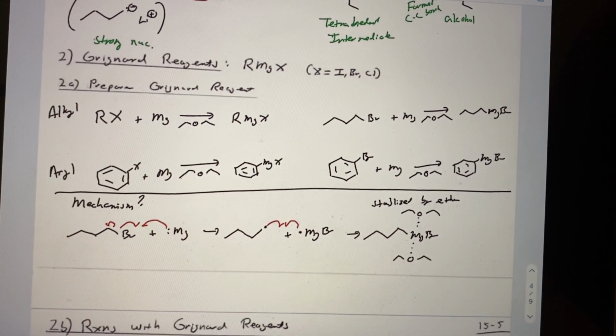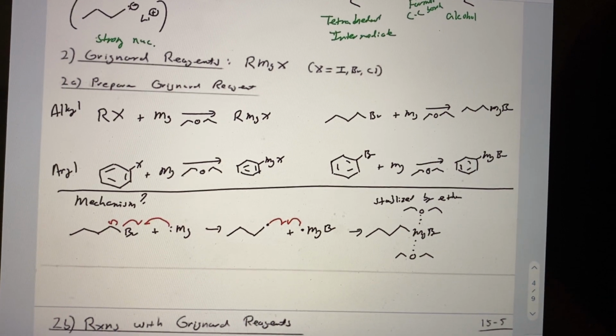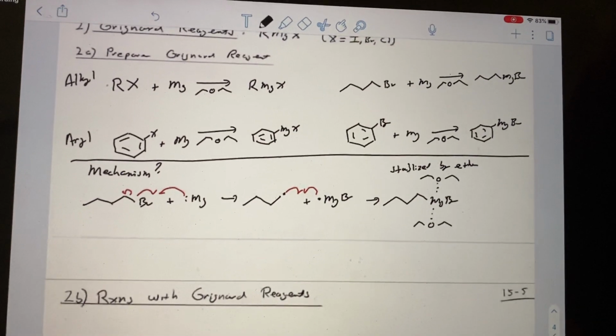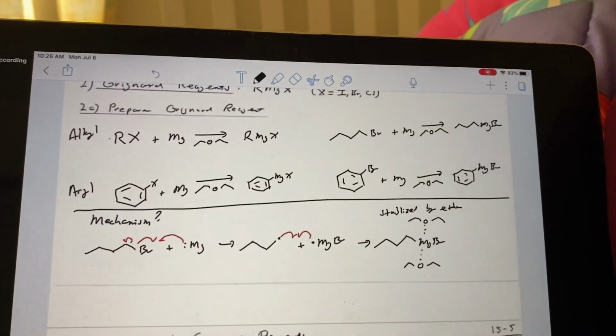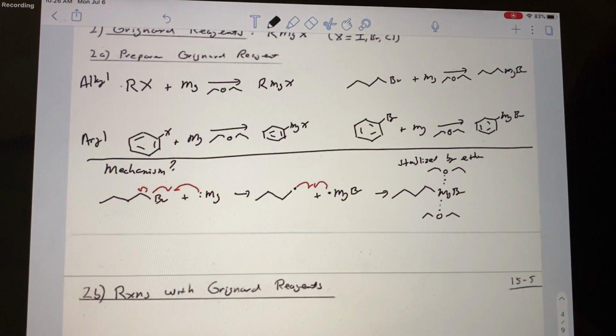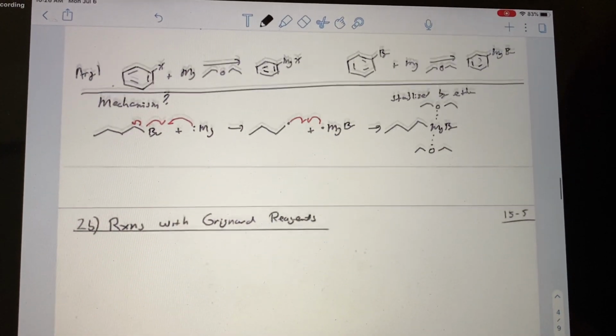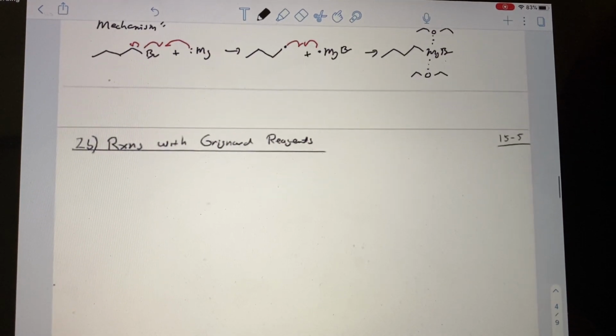All right, so those are our Grignard reagents. And this is going to be very important now because we can react these with a variety of different species. So I'll scroll up if that's okay for everyone. All right, so